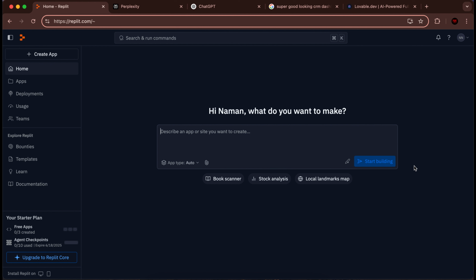In order to build our advanced application, we're going to need to use the Replit AI agent. In order to access it, you want to head over to this link, replit.com/tilde. This symbol right here is called a tilde, and it will take you to a login and sign up page where you can sign up for a Replit account. It's completely free, and once you have a Replit account, it will redirect you to this page where you can